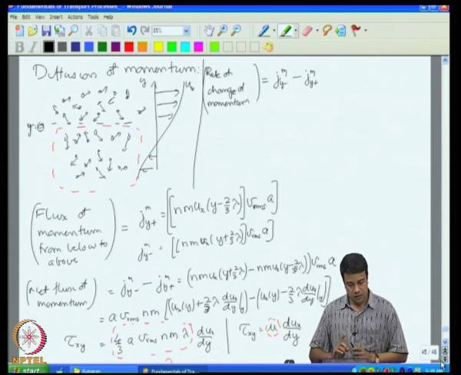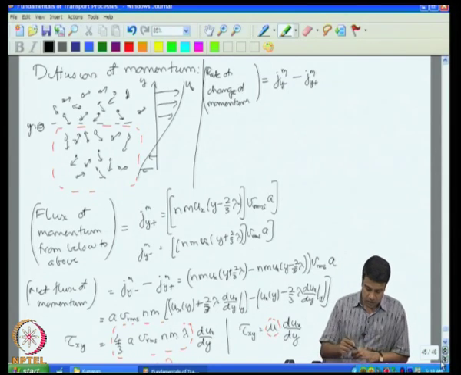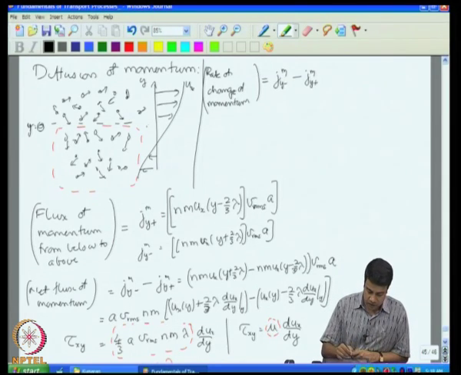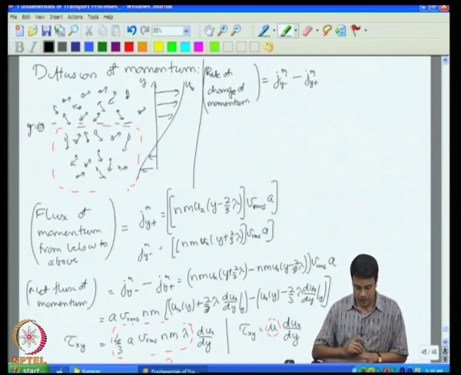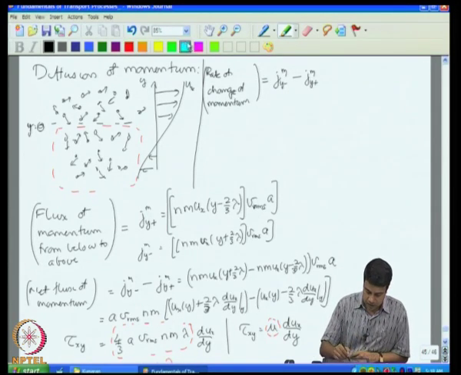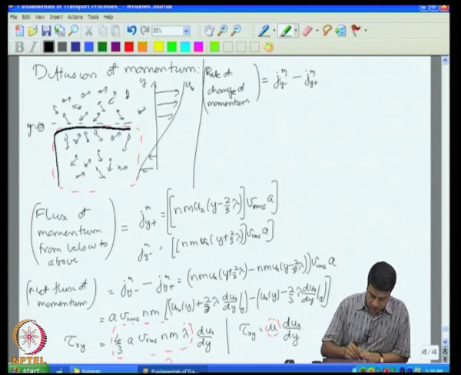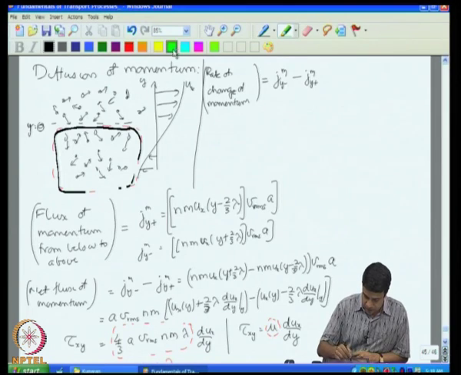Next, we looked at diffusion of momentum. Fundamental equation, a little bit different. Rate of change of momentum is equal to the sum of the net forces acting on the system. So, we took a fluid with a particular cross section across which there was a velocity gradient. Okay. And if we take this differential volume,